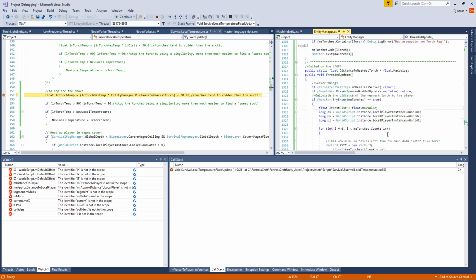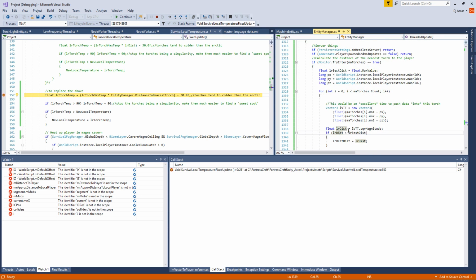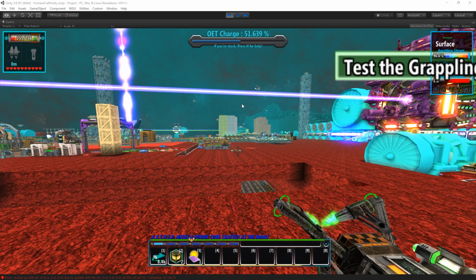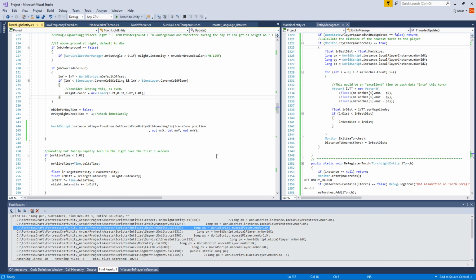Distance to nearest torch. Oh. Did I get the wrong way around? If dist is better than bestest. So that means bestest is a big number. Oh, now dist is a very big number. Ah, okay. The issue is where I think the torch is. I think the torch is about all of the light years away, which means that...